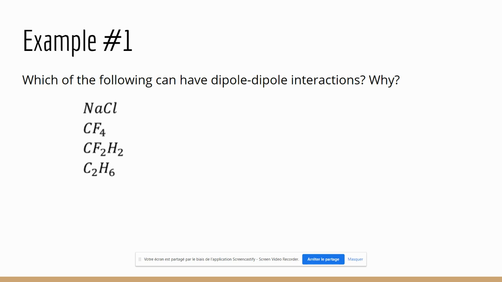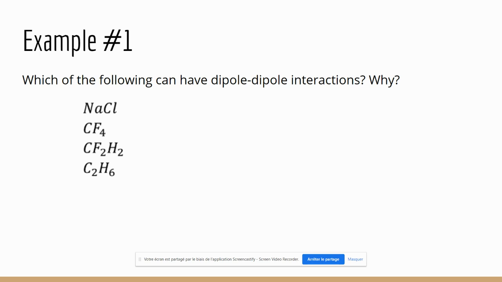Right, so for the first one, the answer is no, because that is ionic. The second one, the answer is also no. Even though the C-F bond is polar, CF4 that has a tetrahedral geometry shape to it is completely symmetrical. Therefore, the molecule is nonpolar. CF2H2, that is polar covalent. So the answer for that is yes. It is also tetrahedral, but it is not symmetric because we've got the hydrogens on one side and the fluorines